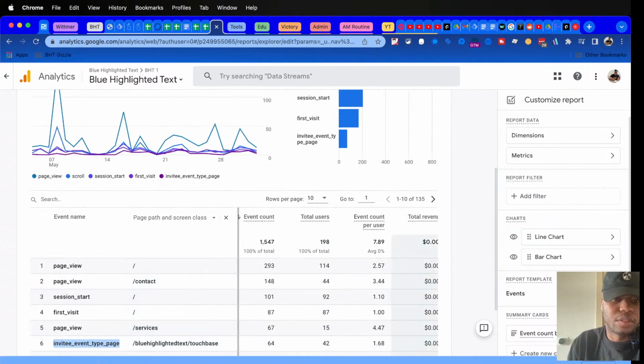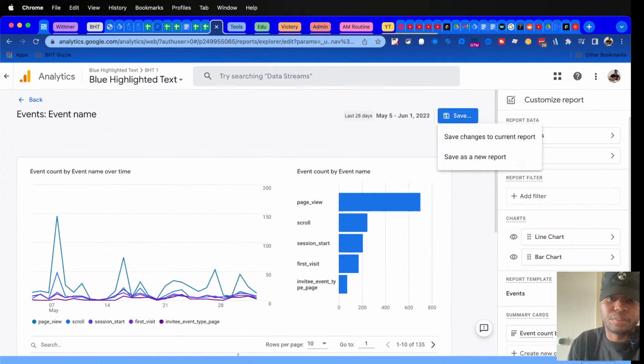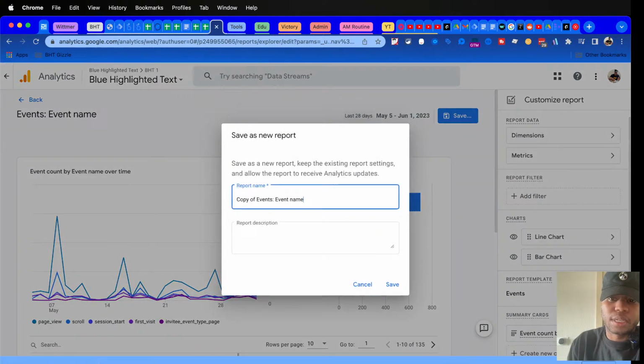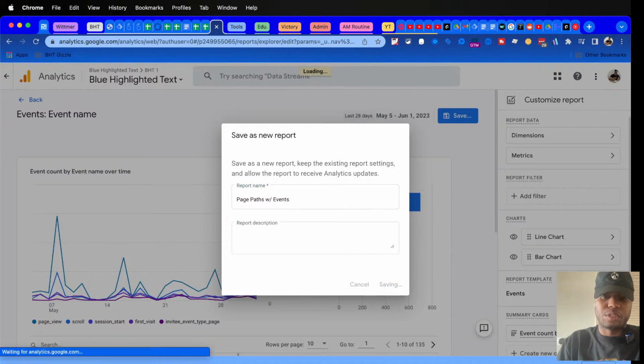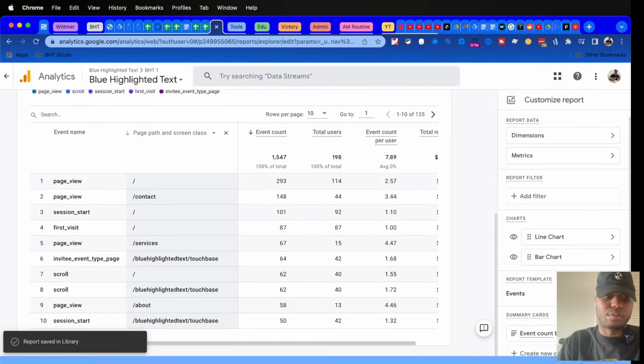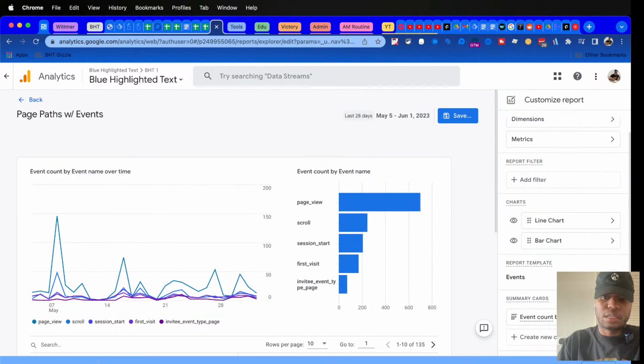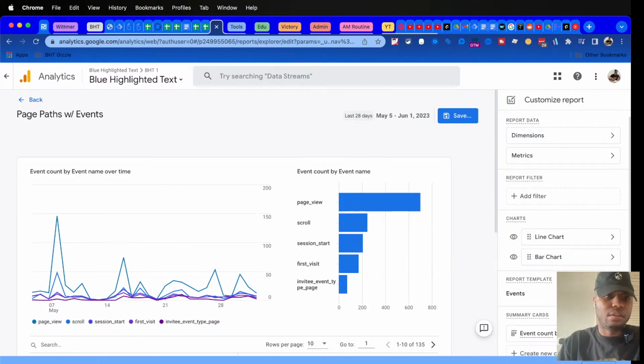And then I can do this. I can save as a new report and say page path with events. This is just an example to show what I just did. So I did this, and then